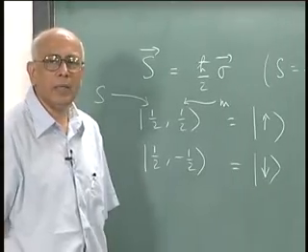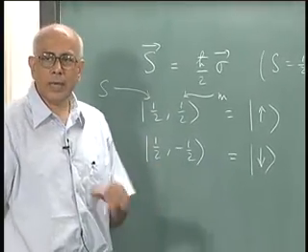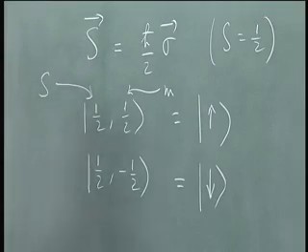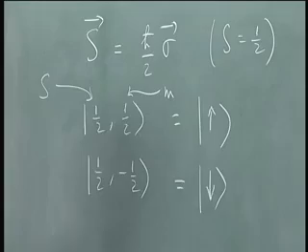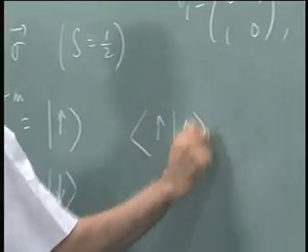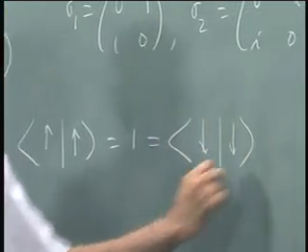The understanding being that the basis that you choose corresponds to states in which Sz is diagonalized, so eigenstates of Sz. Okay. Then the orthonormality relations are of course up up equal to 1 equal to down down, and